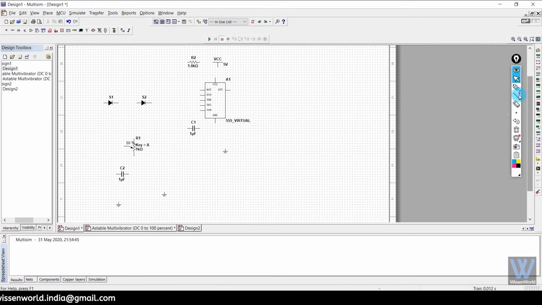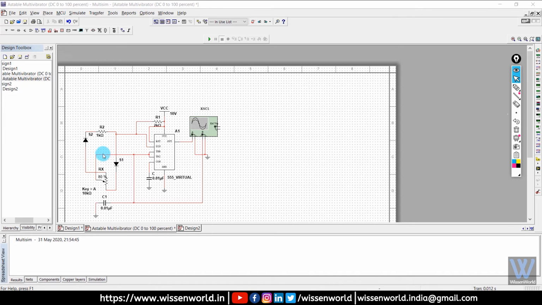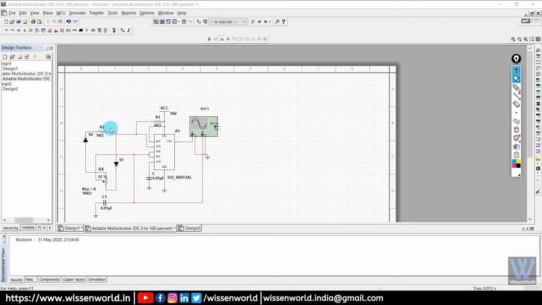Now the only thing which we have to do is make connections. Here I have completed the connections. You can refer to the circuit diagram from the article and connect accordingly. It is not that difficult. It is actually really easy to connect all these components. Now you must be wondering where this came from.